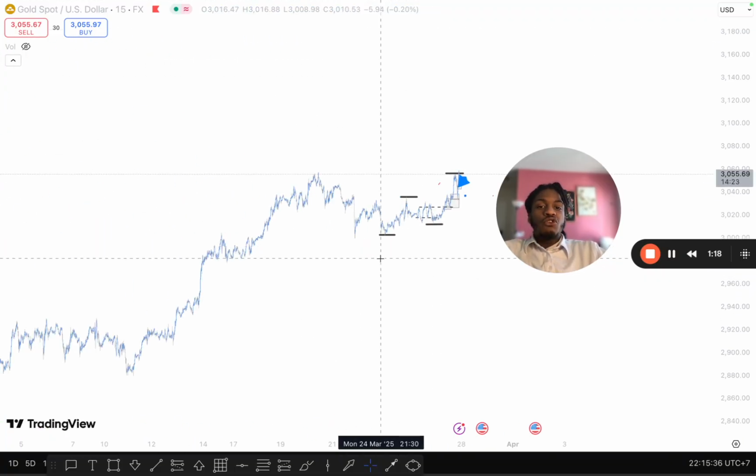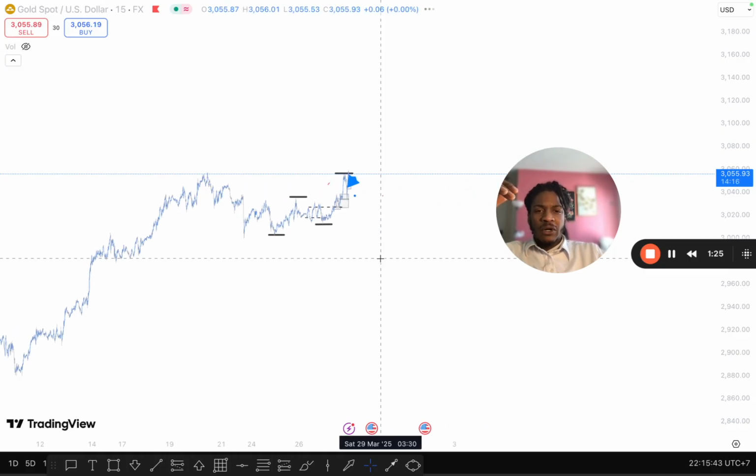Usually when you zoom all the way out on a currency pair or forex pair, futures pair, you're going to see price in the middle of your screen. You're going to want to drag it all the way